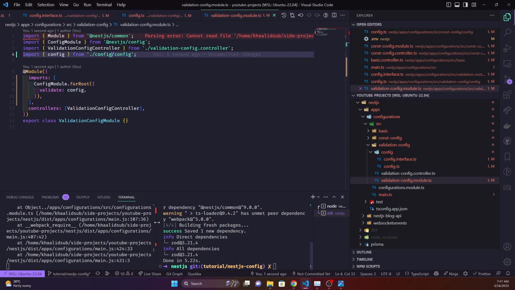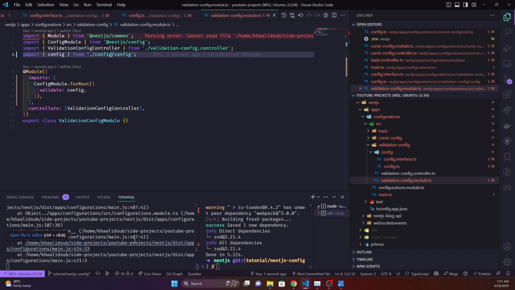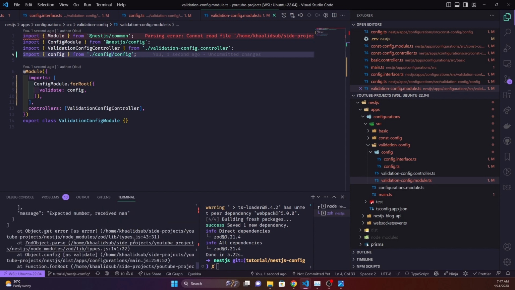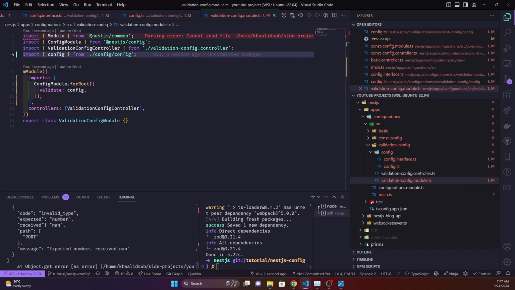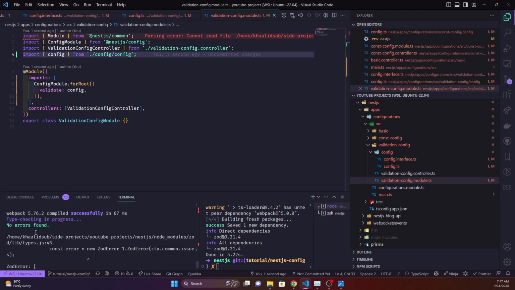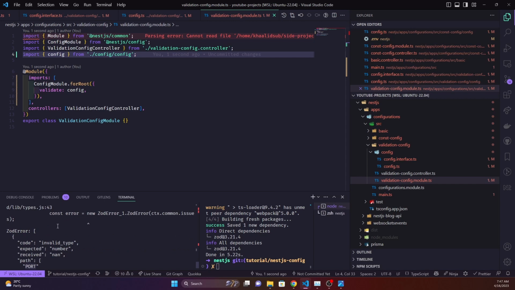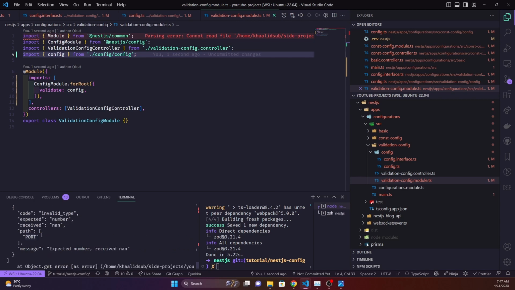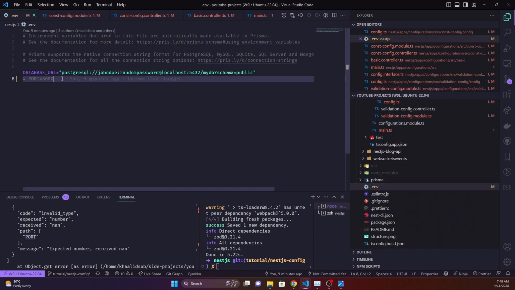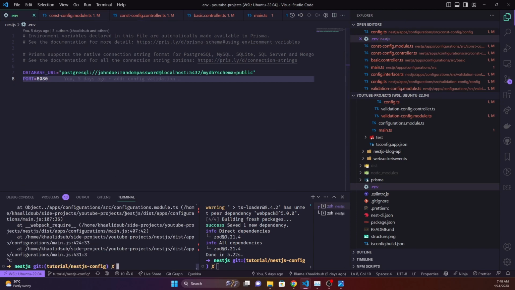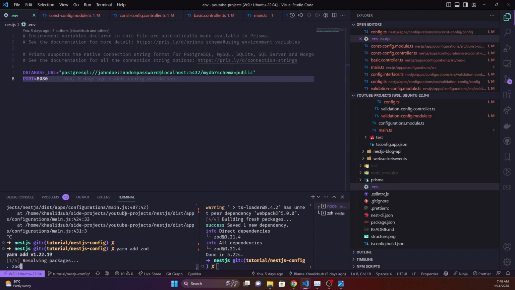Now if you guys noticed, my NestJS is throwing an error, and you guys could guess it, and the issue is it will tell you that there's a problem with the port. If you guys notice, it threw an error, and the error is in regards to the port, and it says invalid type because we have commented out the port number in here. So let's try to uncomment it and then run it again. So let's try to run this,